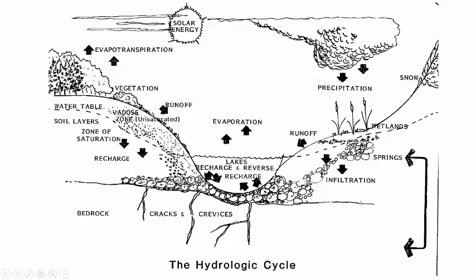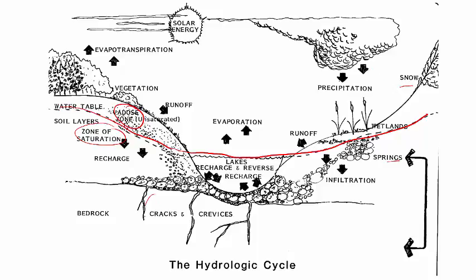This figure here is a little more detailed, and we will see this figure again as we talk about surface water. So what we have here is a water table, and in this case the lake follows the water table, and this unsaturated zone is called the vadose zone. That zone goes back and forth between saturation and non-saturation, but of course the zone of saturation will be under the water table. And you can have some springs, you can have wetlands, and of course the precipitation in form of snow or rain,